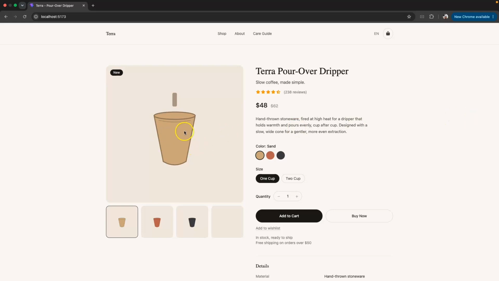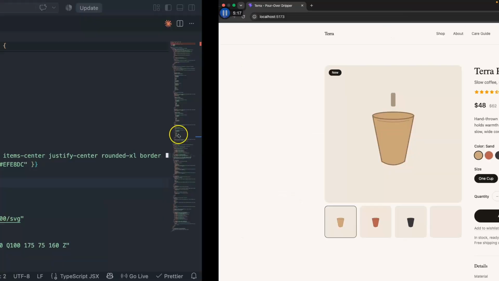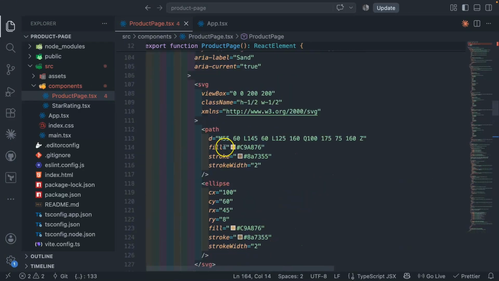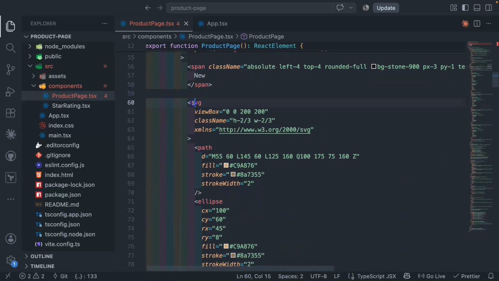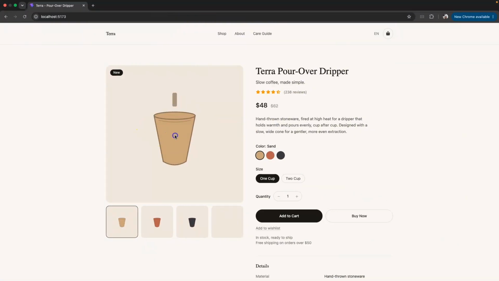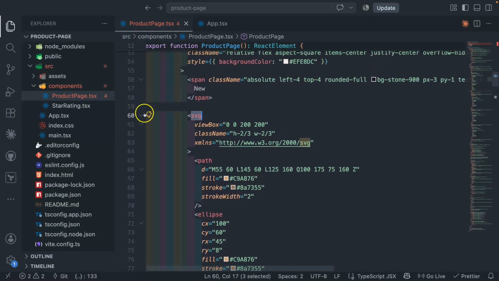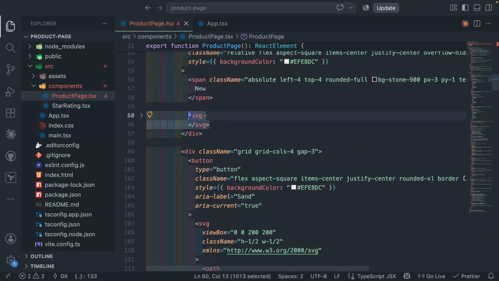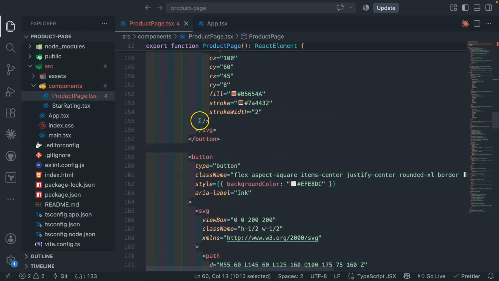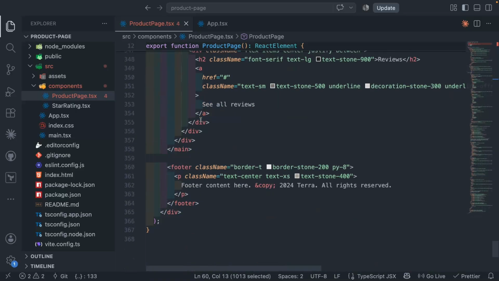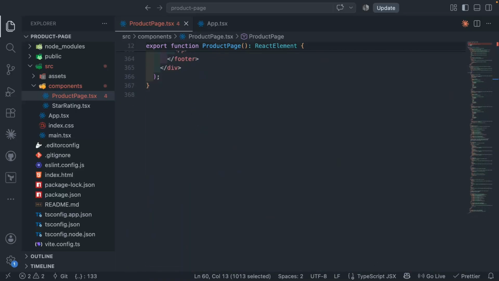What we need to do next is to create a simple reusable component so that we can reuse the SVGs that were used to create these elements. Okay, so if I go to the product page, you can see them right here. You can see the SVGs were used to create these elements displayed. So what I'm going to do is I will just, for now, copy this part. Okay, so I'll copy it and then go down. I don't want to create it in a separate component. We can just add it